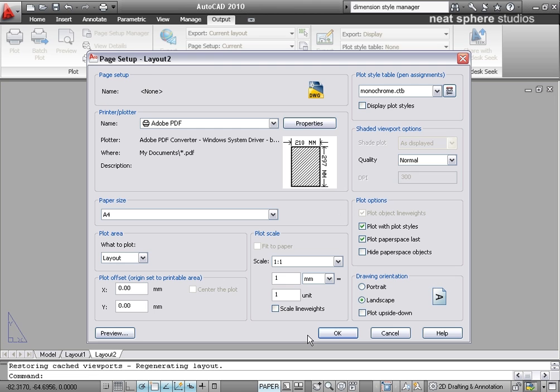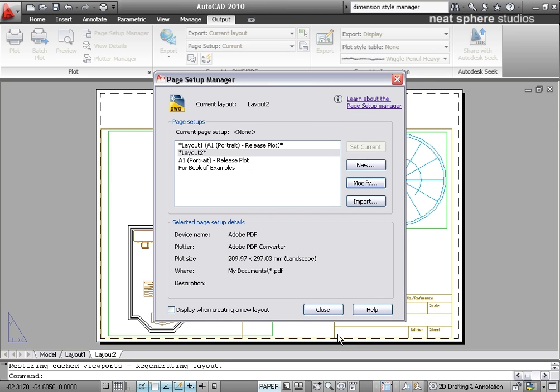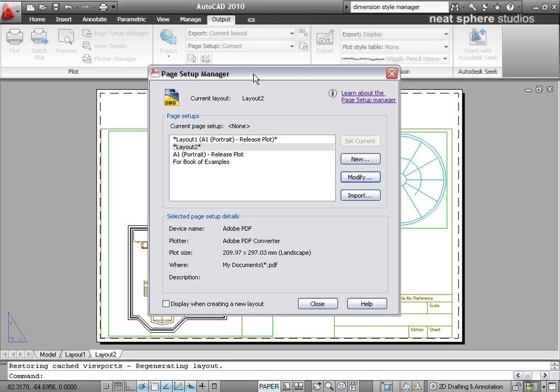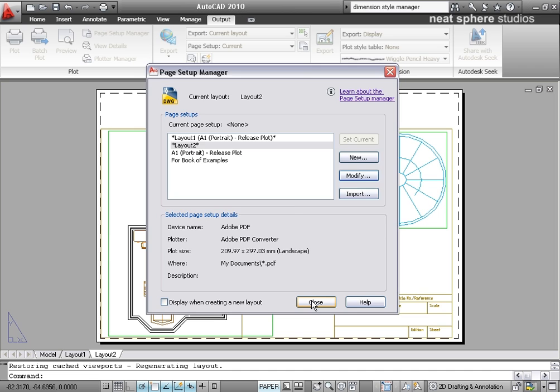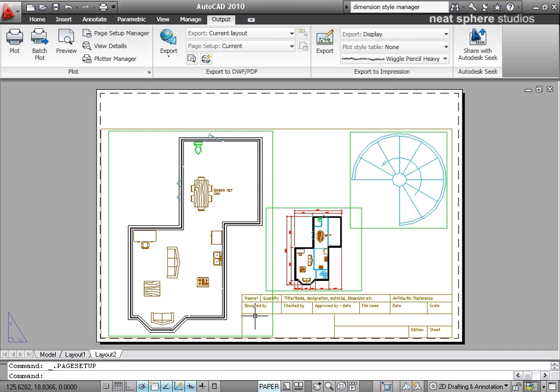So now I've made those changes, I'll click OK, and you can see here that if I close my drawing now, what we've got is our template, our drawing template that we've